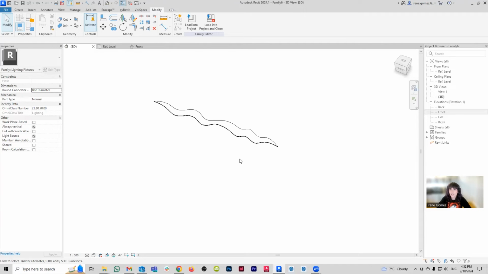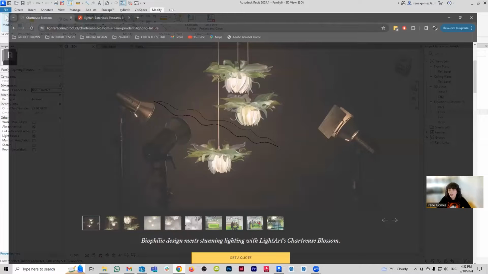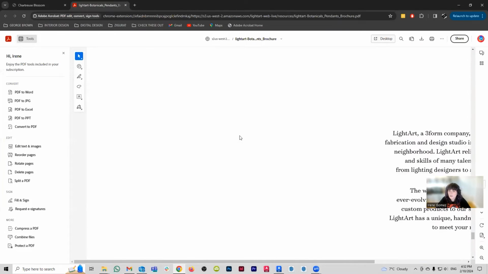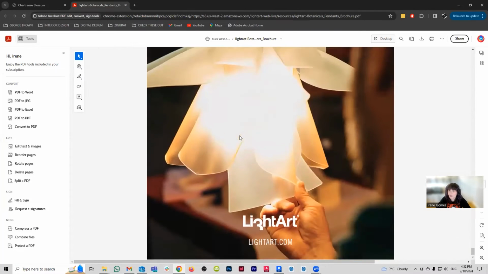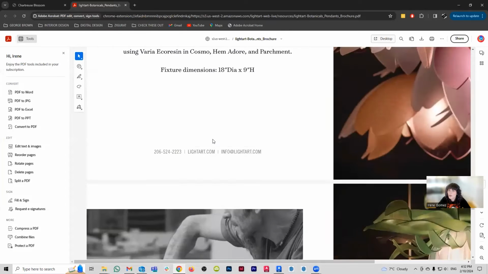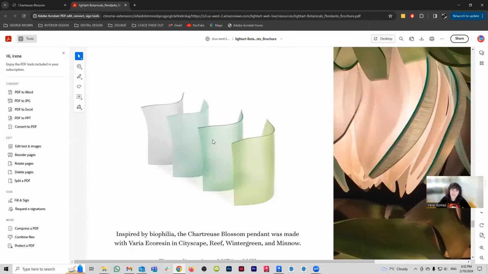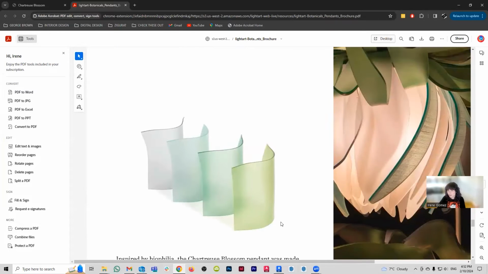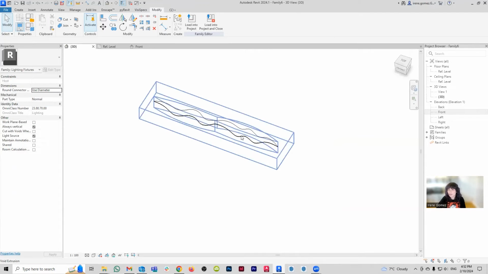Very pretty. Now, when it comes to assigning materials, you can choose if you want them to be parametric or not. When I see this brochure, it seems that these lighting fixtures come in different materials, like different kinds of glass. I'm not sure though, so I'm just going to assign a green glass, and if I want, I can later change it within the project. So I don't think that the materials of this geometry need to be parametric.